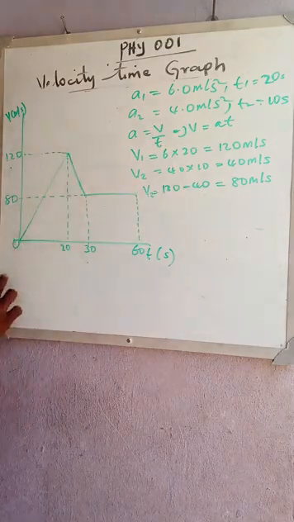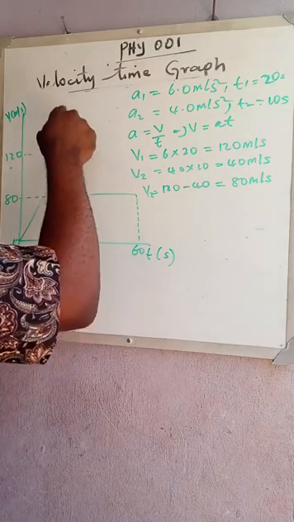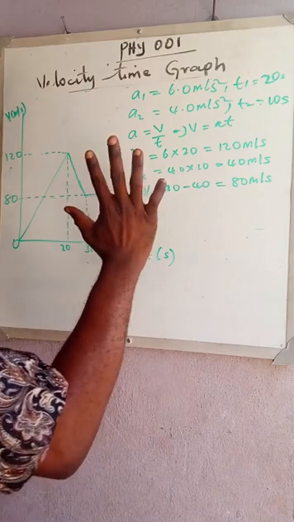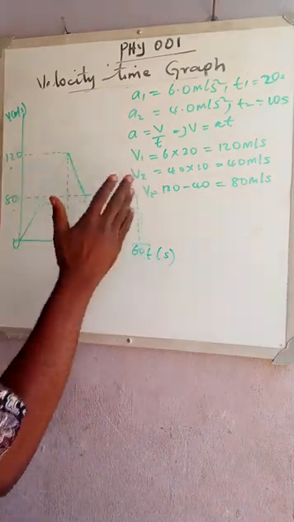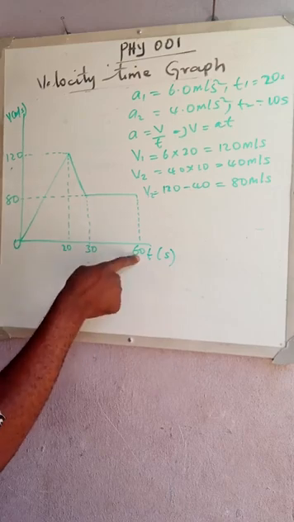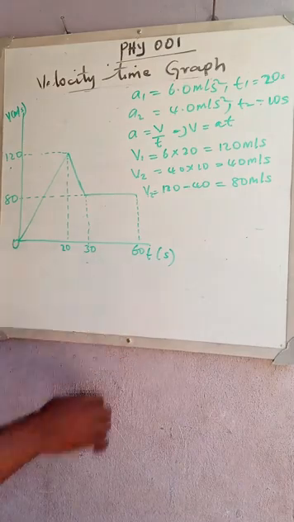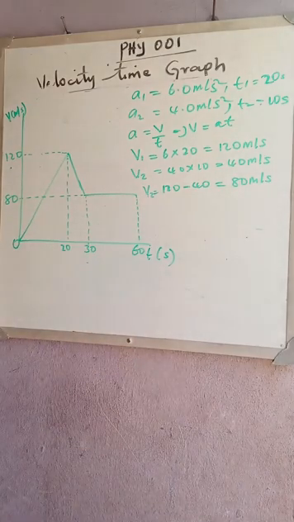This is the journey of that body from 0 to this point. It moved like this, then it's reduced and maintained a uniform speed and stopped. It did not come to rest. Are we together now? This is the part where it accelerated, this is the part where it came down, then here is the time at which it maintained the uniform speed. So we have this as the diagram. The next thing now is for us to solve the calculations given. The first question says, okay,